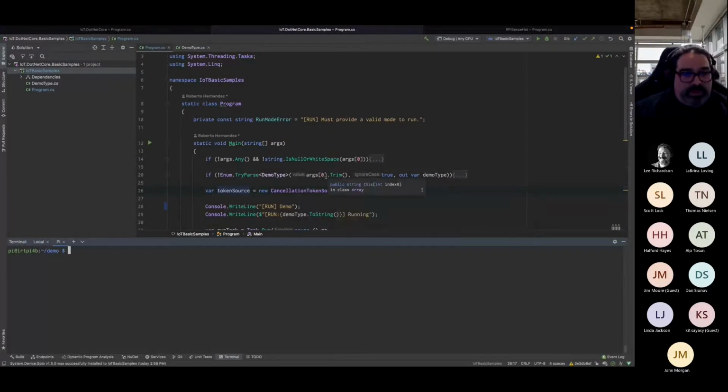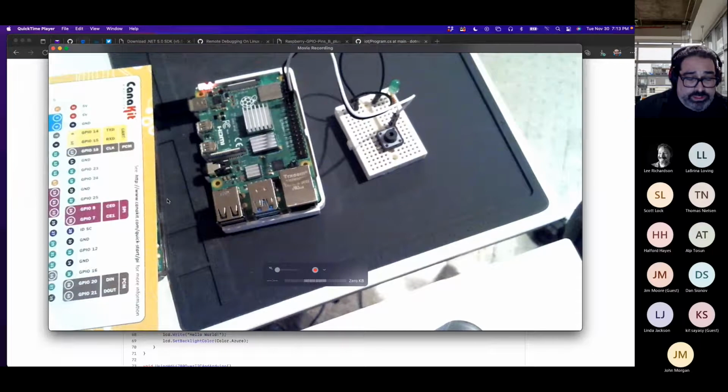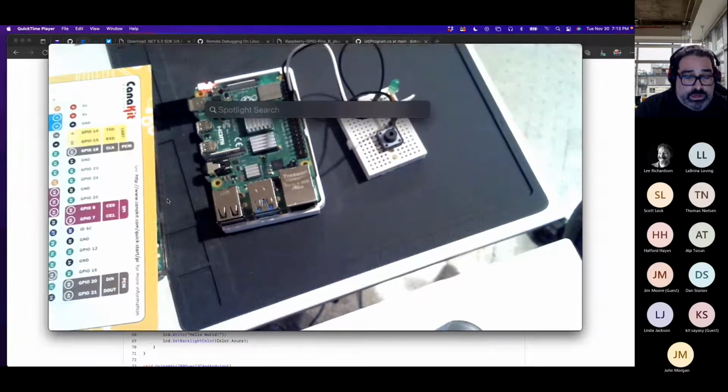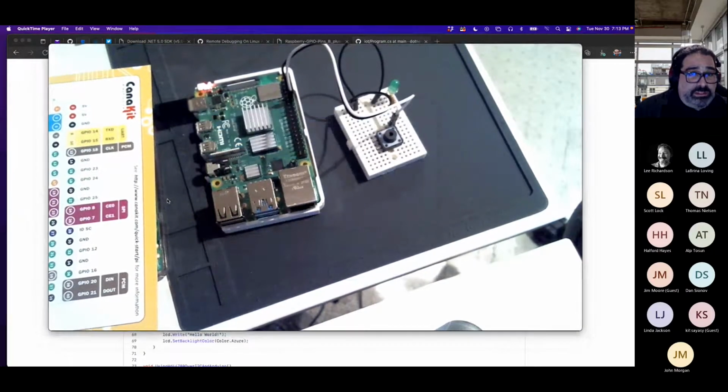So I'm already in the Raspberry Pi, so let me exit. I already have access through SSH to the Raspberry Pi. The way I set up my Raspberry Pis, I gotta admit, I'm a little lazy about it, so I actually enabled VNC access also.